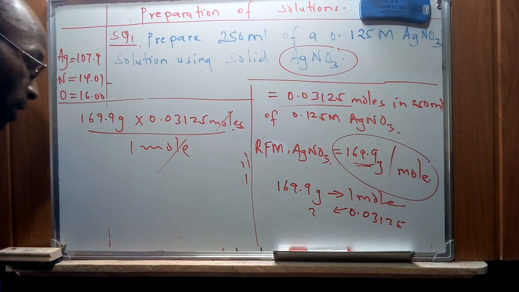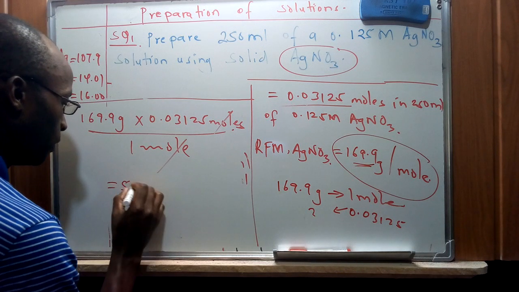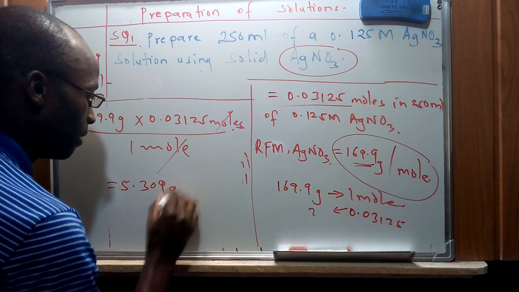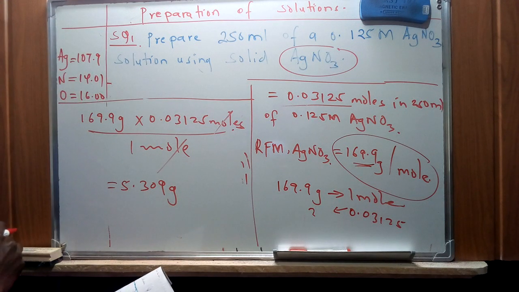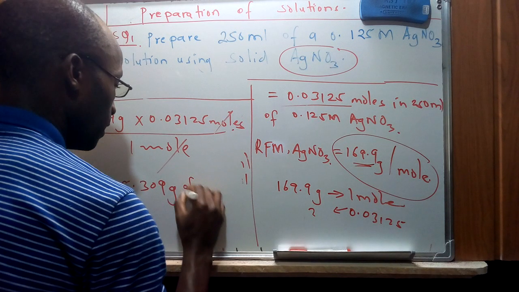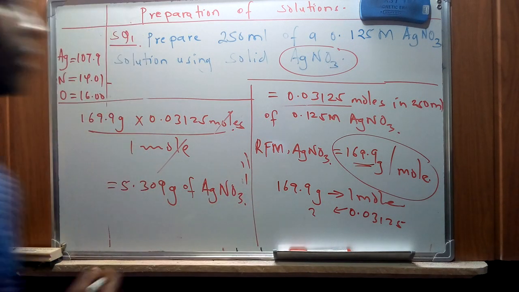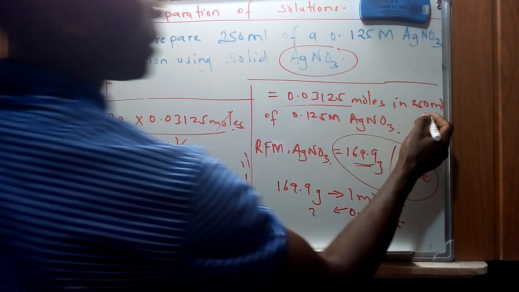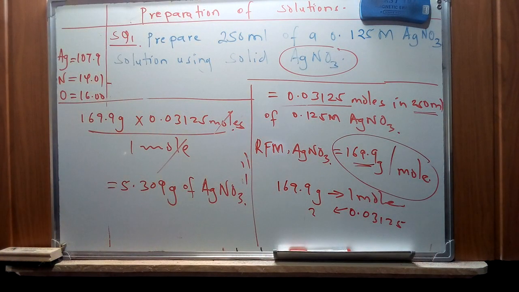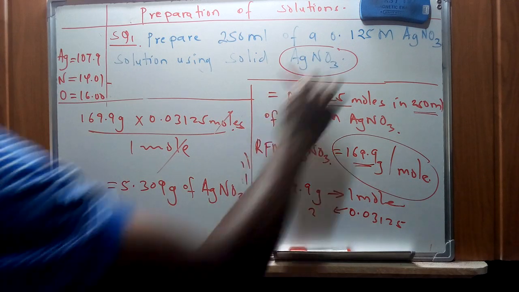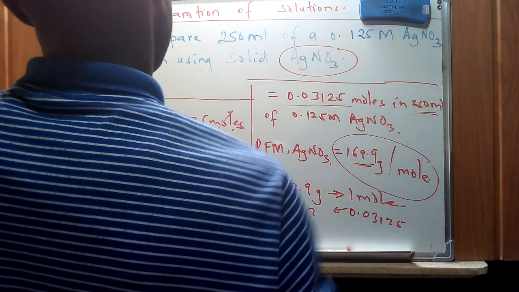This is going to be 5.309 grams. So this is three significant figures. So, grams of silver nitrate which are going to be contained in 250 ml of silver nitrate. So basically the question is asking us to prepare 250 milliliters of 0.125 molar silver nitrate solution